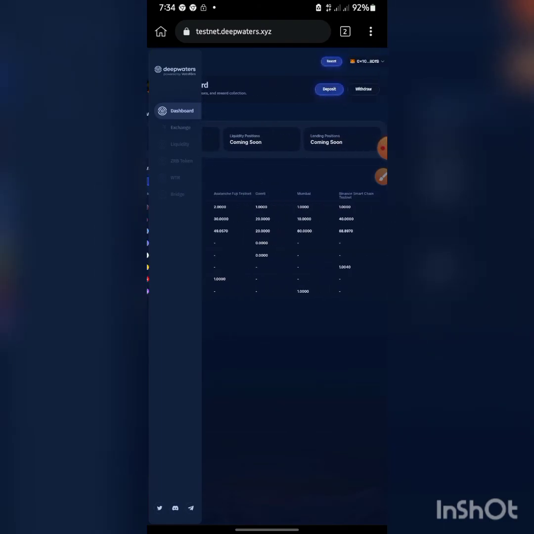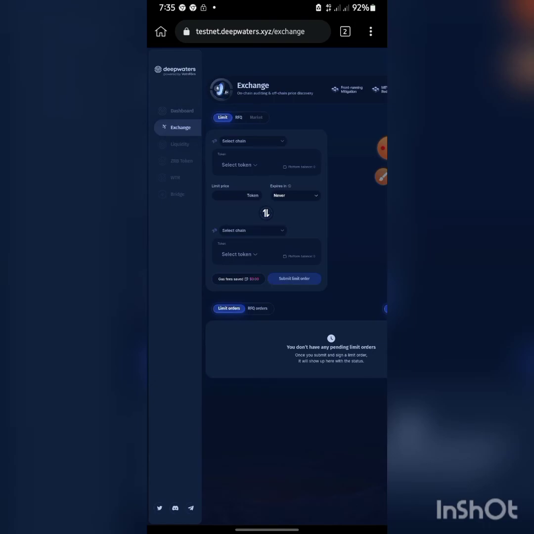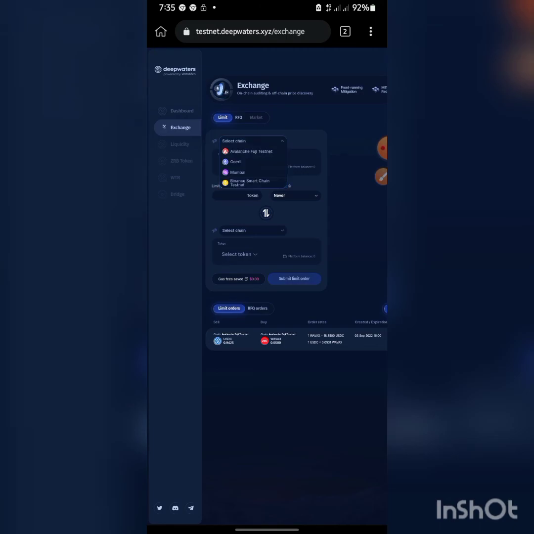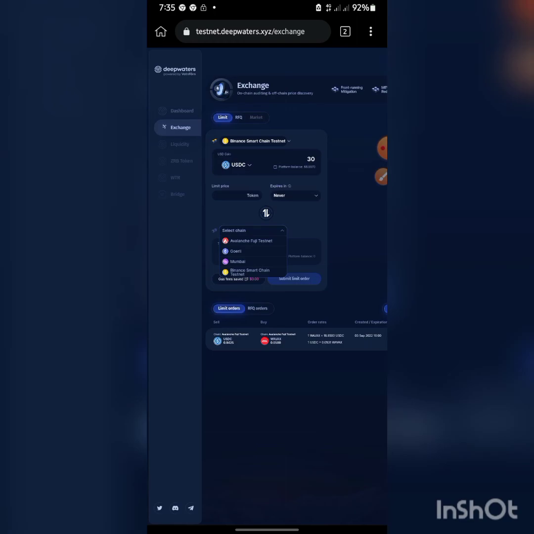So once you've successfully added all the tokens for each of the networks, you head over to exchange. When you head over to exchange, you select a chain. Let's say, for instance, Binance Smart Chain. You select a token under the Binance Smart Chain. Let me put USDC. I'm going to input an amount. Here I have 68 USDC, so I'm going to input 13, and I will select the chain. I'll select Binance Smart Chain Testnet also. Select the token,